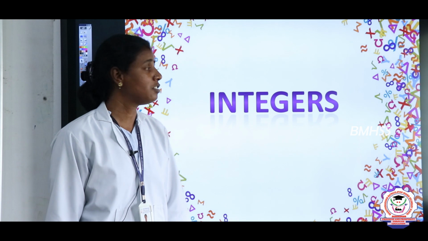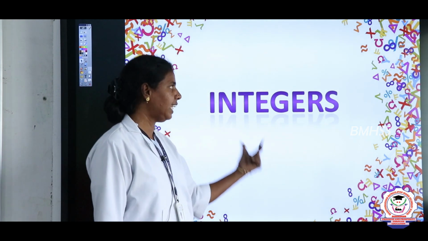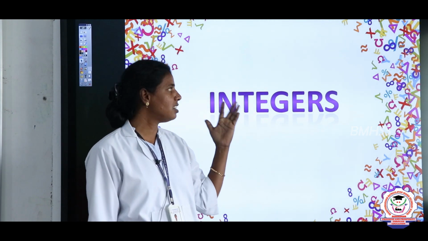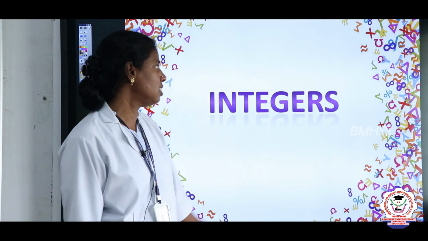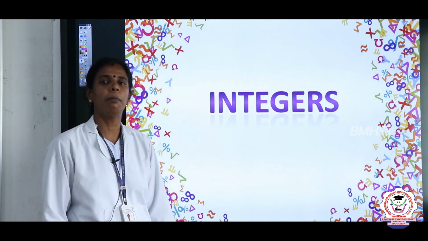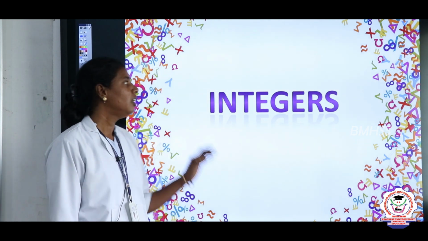Today we are going to see 7th standard first chapter, integers. So what is an integer? Negative numbers along with whole numbers are called integers. In the first exercise we have seen about integers, and we are going to continue with the second exercise in integers. We are going to see the multiplication of integers, how to multiply the integers, right.